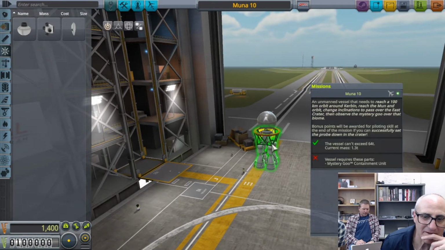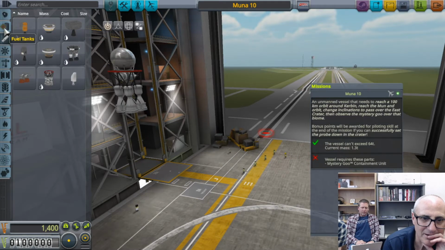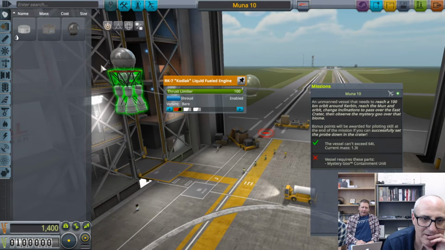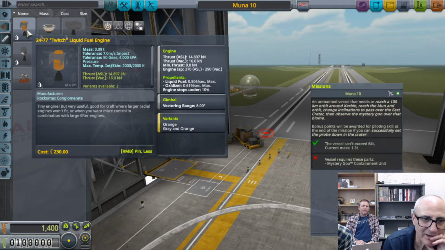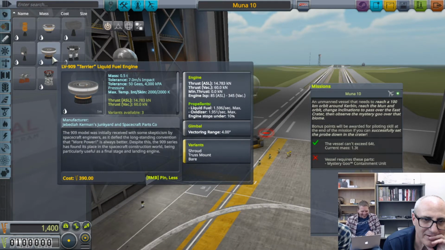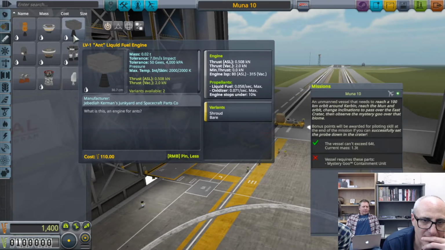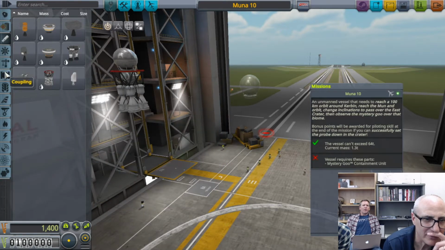How do I get rid of this? Where did you pick that thing up? You would need an FL-T800 fuel tank. Is that liquid or is that solid? That's liquid. I just want to see something fly. This is the liquid fuel engine. And this is another liquid fuel engine. What's this thing? Liquid fuel. Yeah, they're all liquid fuel engines. Alright, then you're going to need